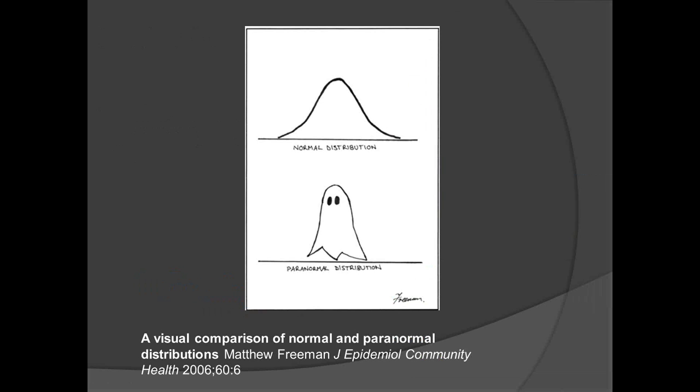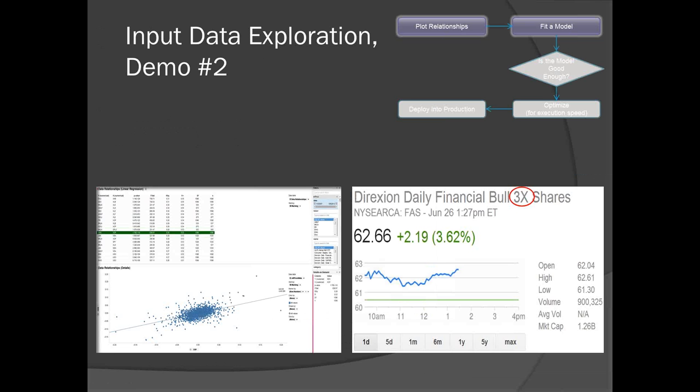Just wanted to mention that there's a distribution called paranormal distribution that you see here. It's a lot skinnier, narrower than normal distribution, so it should be less risky in finance terms, but it's a lot scarier. So this is a conundrum of sorts that I think Greenspan was talking about.